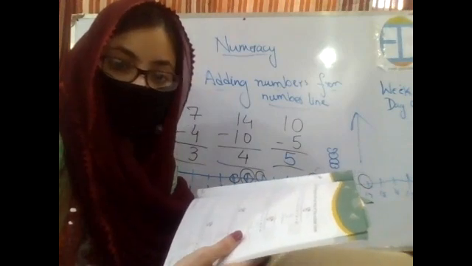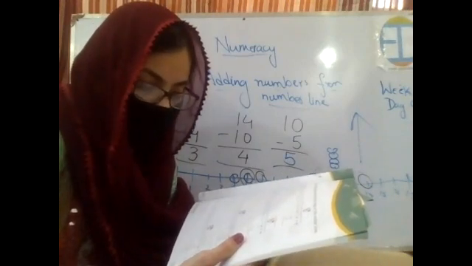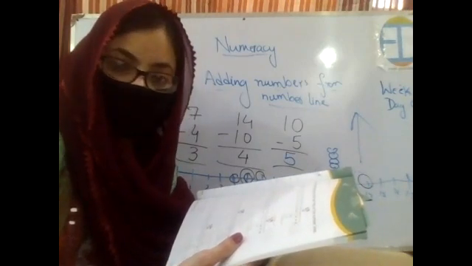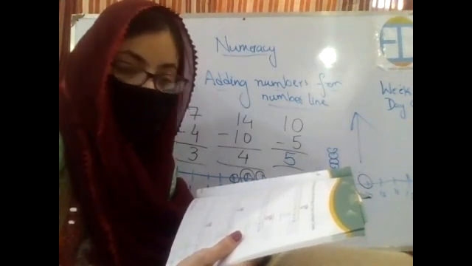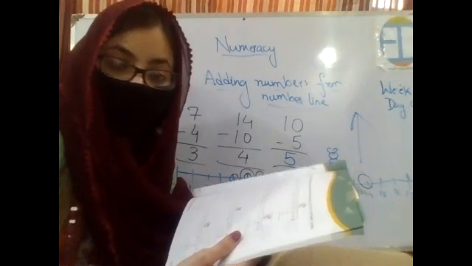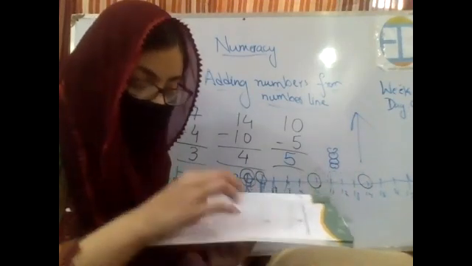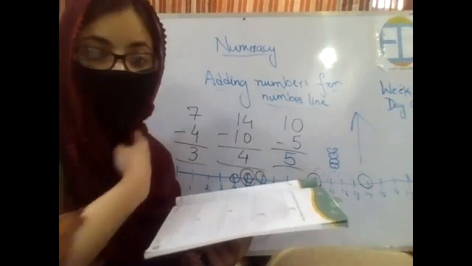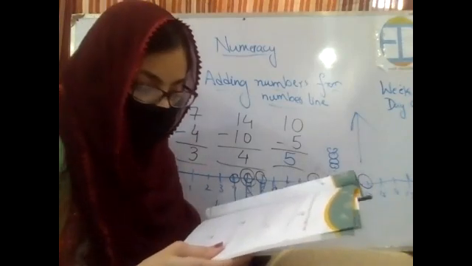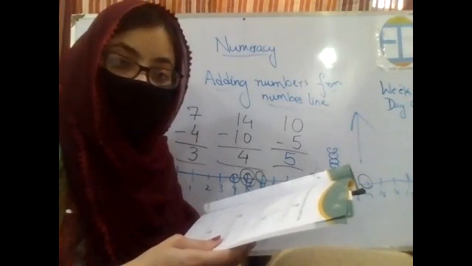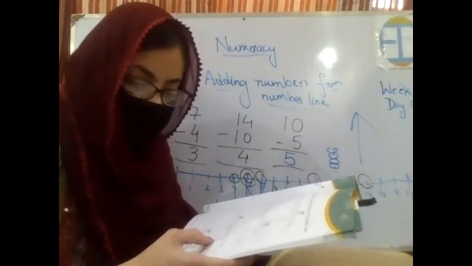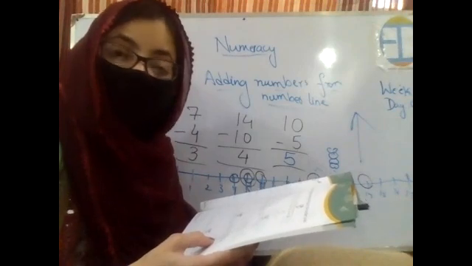Yes, Ahmed, you will be telling me the answer of the next one. Tell me the starting point of the bunny. Yes. Number 11. Very well done. And the ending point is number 8. Very good. So count the numbers which come in between both. 10, 9, and 8. How many numbers are they? 3. Very well done. So 11 minus 8 equals 3.